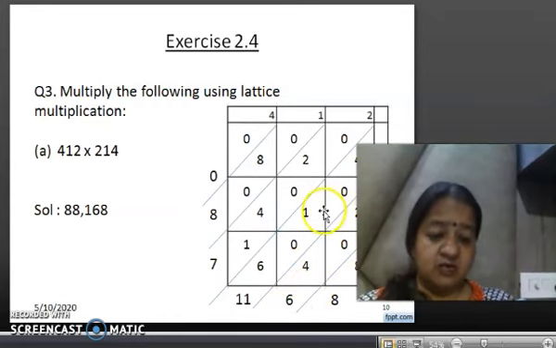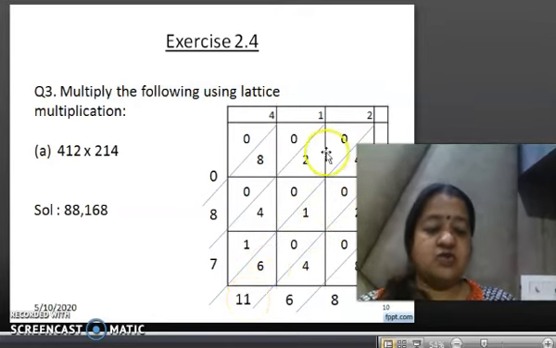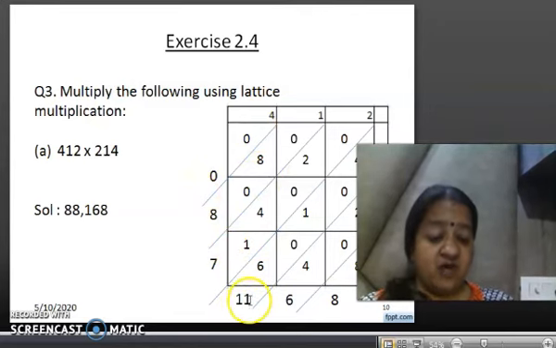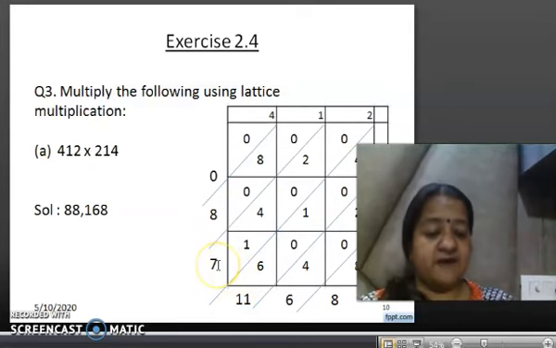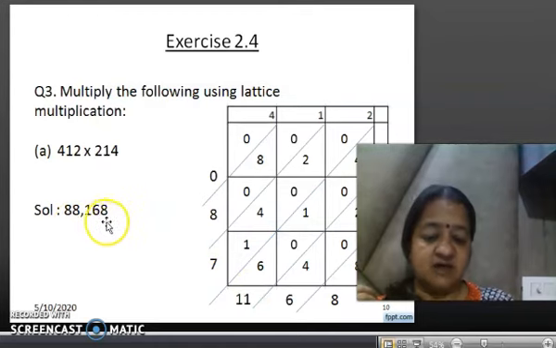Now this rectangle, as I am scrolling my cursor, you are able to see this rectangle. How many digits? 4, 1, 5 and 6, 11. 11 comes here. 2, 4 and 1, 7, 8, 0. Now children, this is a 2-digit number. From here, 1 will go to the carry over here. It will become 8. So when you write the answer, just add the carryovers. So you have 8, 1 goes to the carry here, 8, 1 remains here, 1, 6, 8. This is your answer.